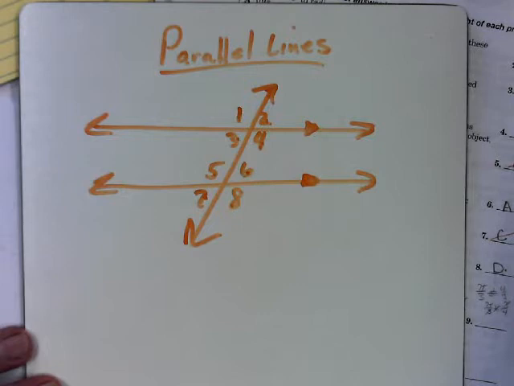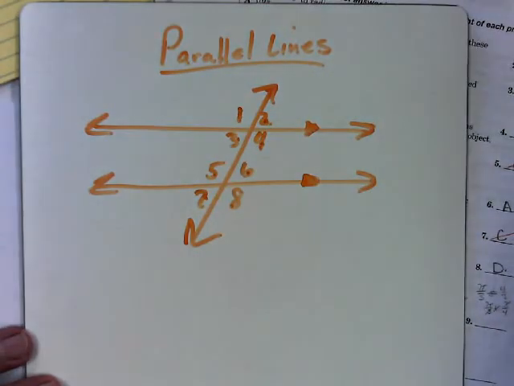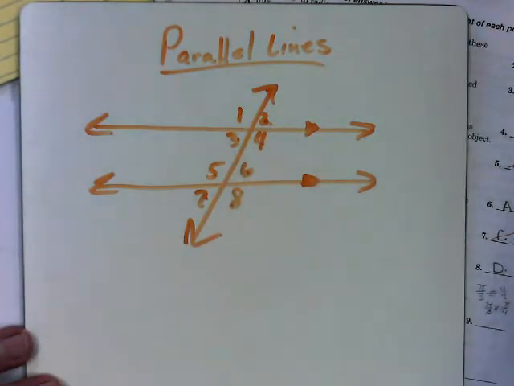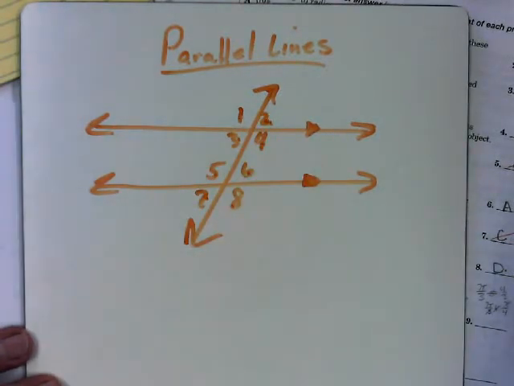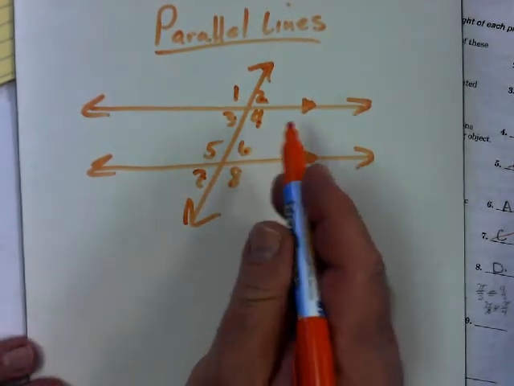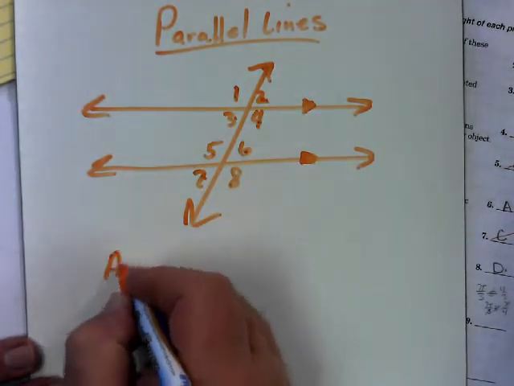Correct? What could I say about 2 and 4? They are a linear pair, so their sum would equal 180, wouldn't they? Right? How about 1 and 2? Linear pairs, so they equal 180? These are all things that we've already discussed, right? Okay? We're going to talk about, in parallel lines cut by a transversal,